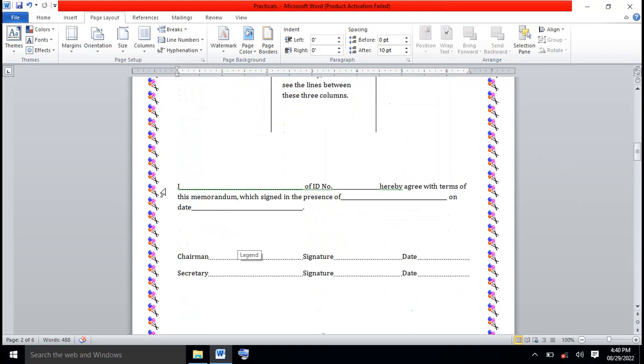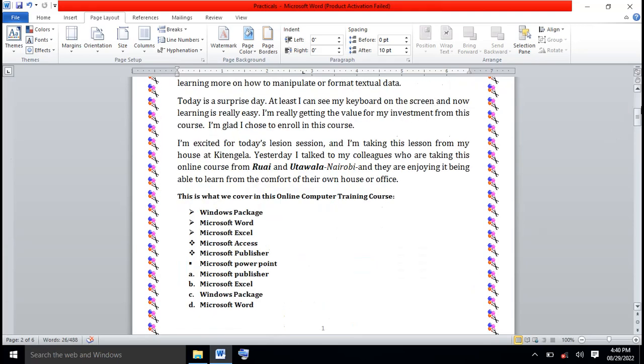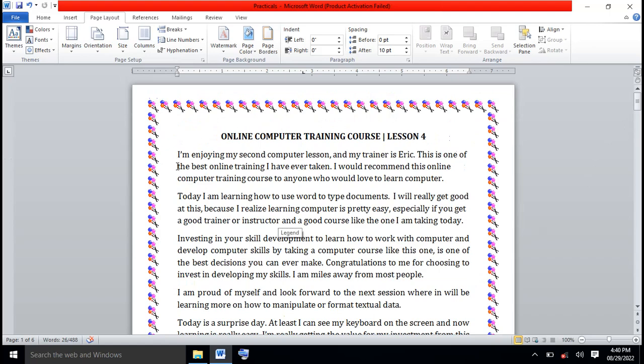So let's say I want to apply shade as a background on this text. I highlight the text, like that. Let's do that with this text that we have here. So I highlight this text or these paragraphs,